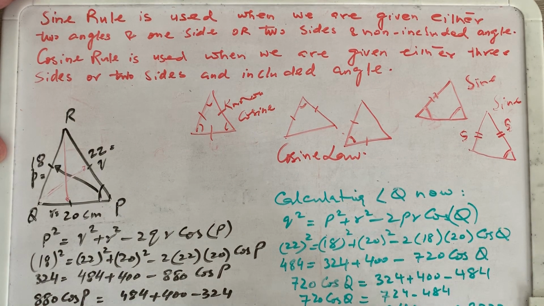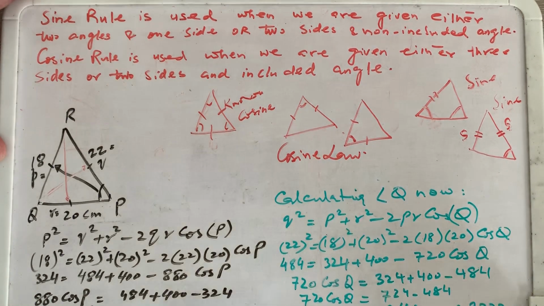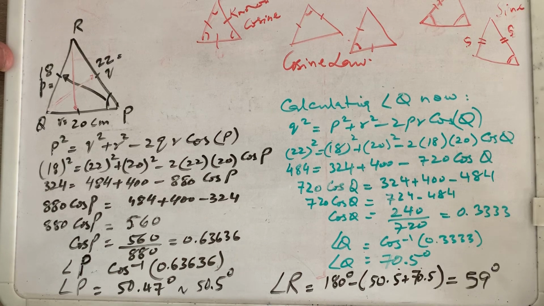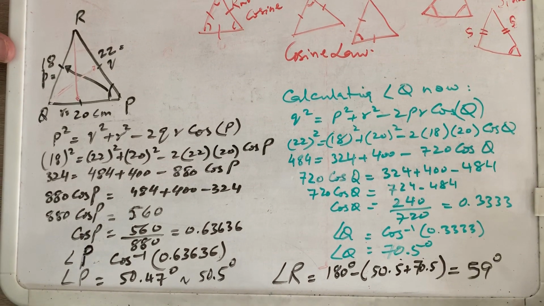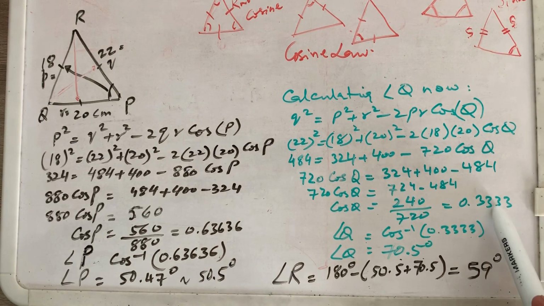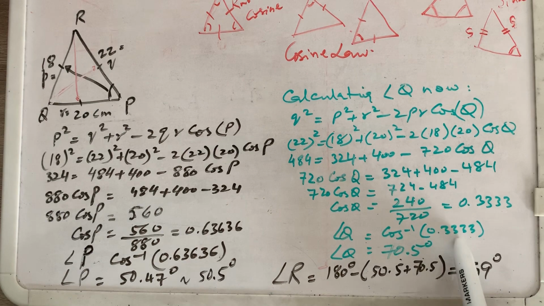So when we calculate the cos inverse of 0.33, we have to take cos inverse, right? So whenever we have cos theta equals a decimal value, to get theta we have to take the cos inverse of that decimal value. So angle Q is equal to